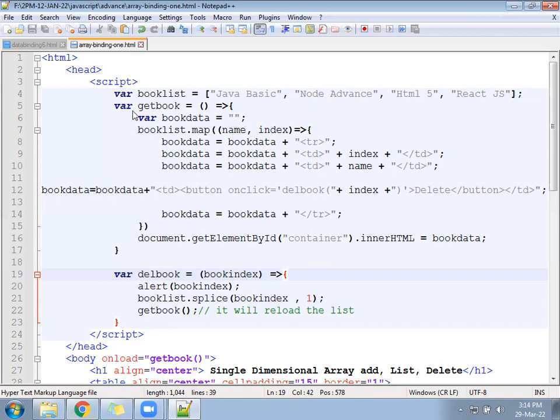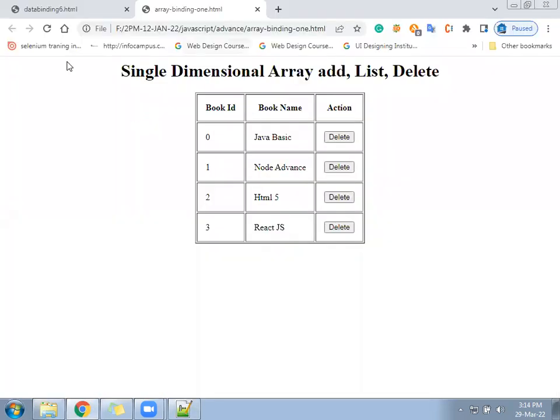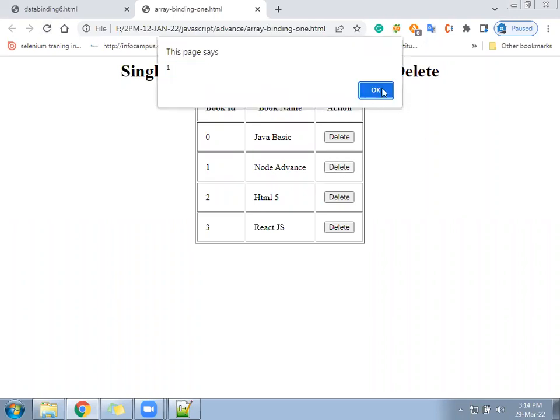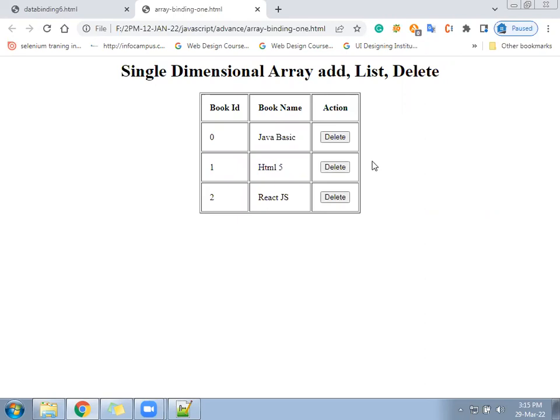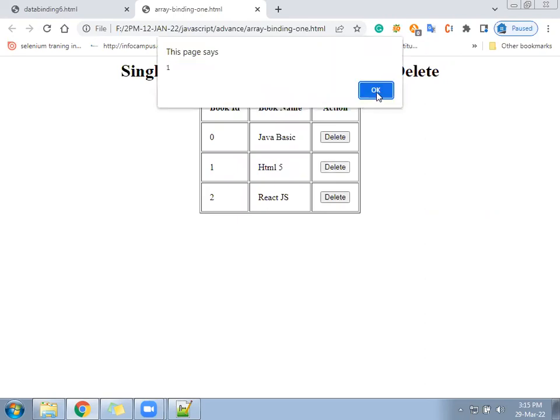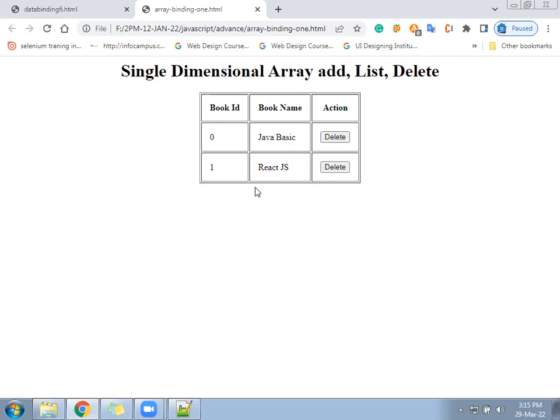Let's go next. Let me check once whether it's deleting or not. Suppose I deleted the advanced Java, alert came as 1, advanced Java will go from the list. Click delete HTML5, it gets deleted from the list. So this is what is happening.